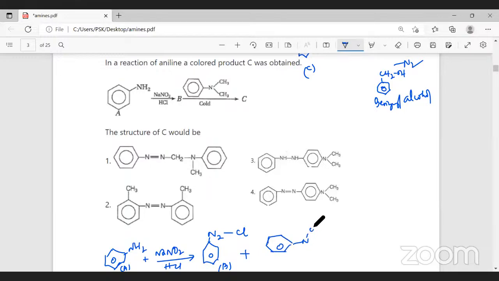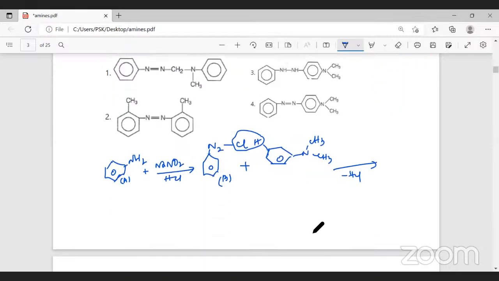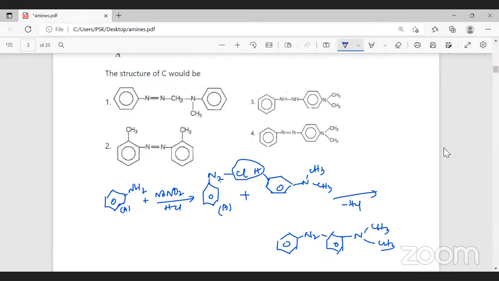it's a tertiary amine, an aromatic tertiary amine. So what happens? For understanding, we'll show the hydrogen atom here. This hydrogen and Cl get eliminated as HCl. When hydrogen and Cl get eliminated as HCl, we have a benzene ring, N2, the other benzene ring, and we have nitrogen, and we have CH3 and CH2. So the product formed is option